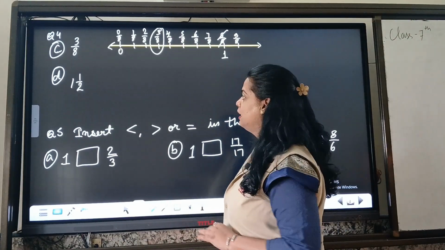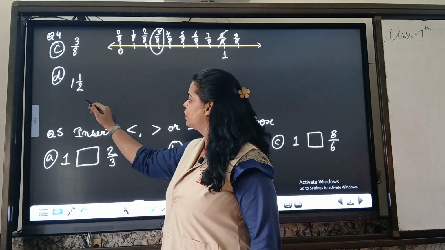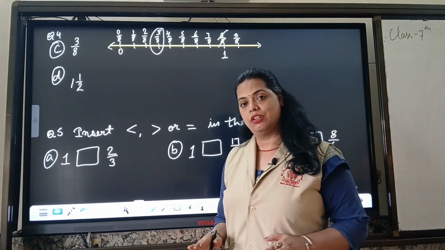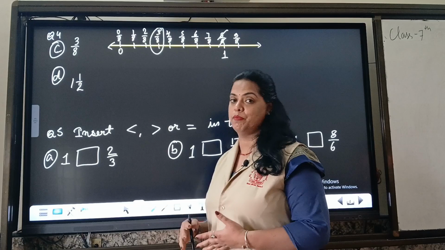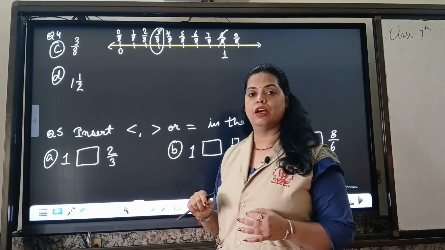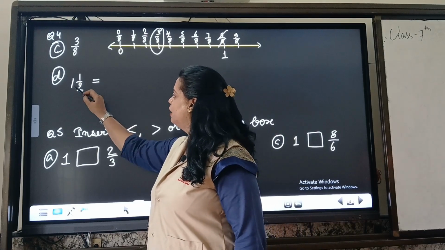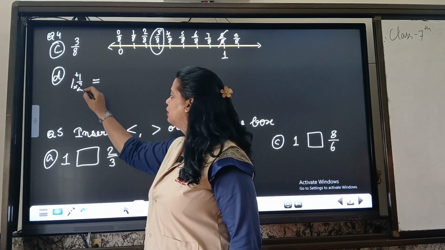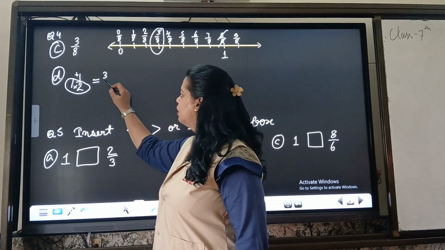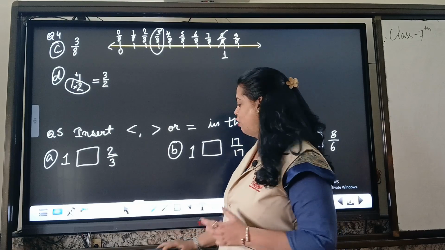Now, in our D part we have one mixed fraction, and this mixed fraction we have to convert into improper. All the mixed fraction numbers can always be converted into improper fractions, and these are lying after 1 on the number line. So, how to convert this number? Multiply these two and add the answer with this. So, multiply these two numbers, 2 ones are 2 and 2 plus 1 is 3. So, our number is 3 upon 2, and on the number line how to represent this?